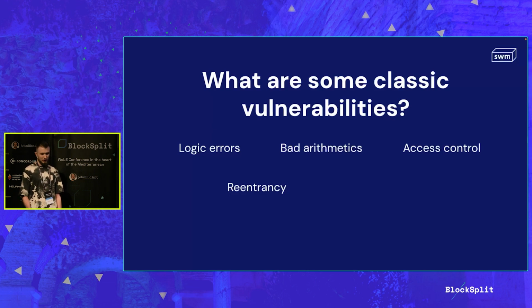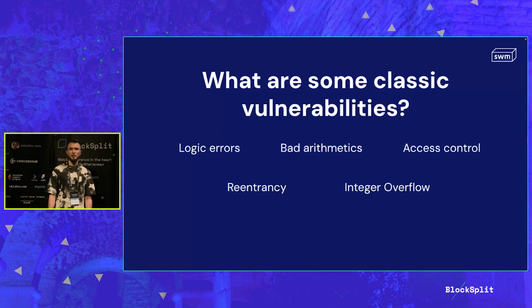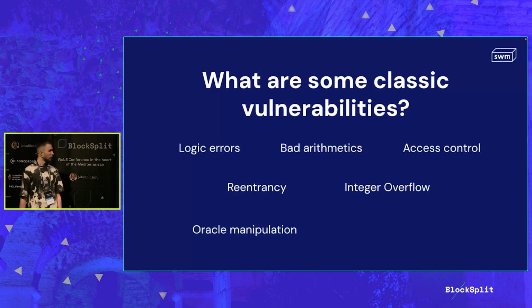And this is actually the vulnerability from the DAO. Integer overflow, so I suppose we all know about that. When we try to increase the max value of an integer by 1, we go all the way down to the lowest possible value. Oracle manipulation, so when some dApps depend on external, off-chain data,